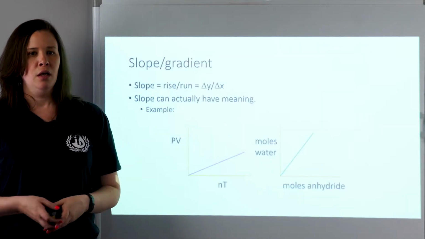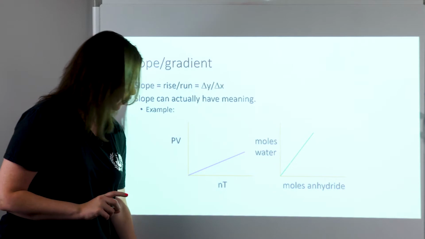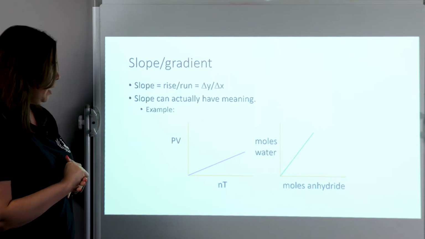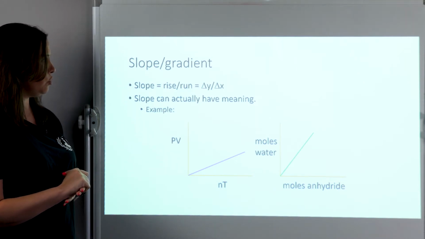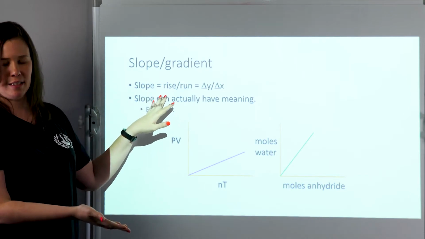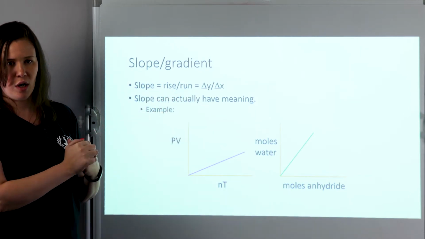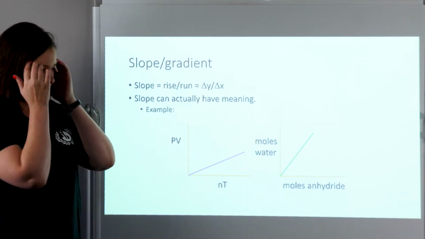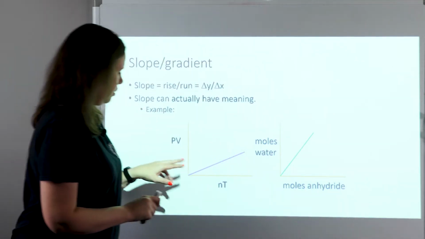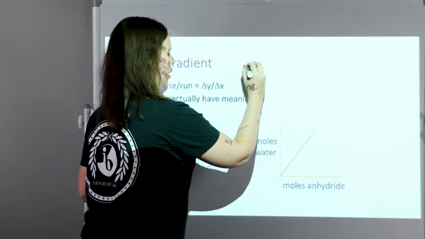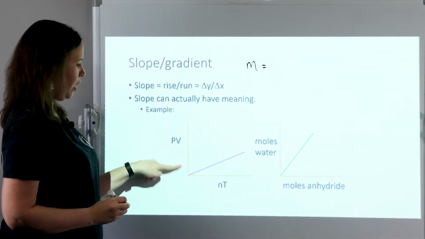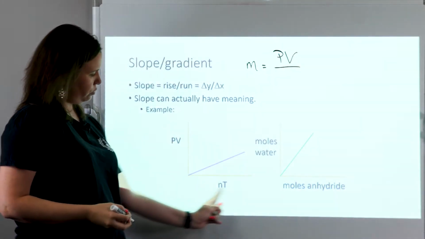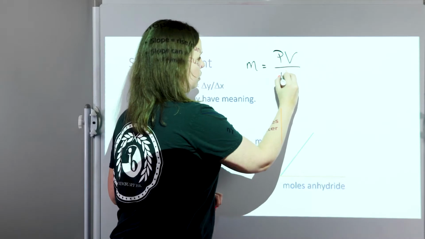Two different terms. All right, so I mentioned that the slope can really give us a lot of information. That's typically what you're looking for 9 times out of 10 in our labs. So we want to talk about how to tell what the slope could really mean. You should be familiar with the idea of what a slope is, typically rise over run, or the change in y over the change in x. So let's look at a couple examples and try to figure out what the slope might mean. So let me write the rise over run, or the slope, m, for my first example here. The rise, or the change in y, would be PV